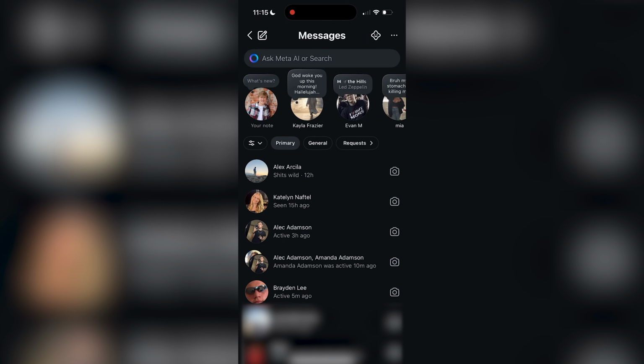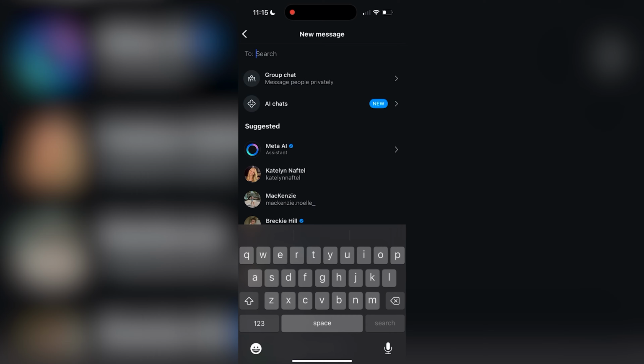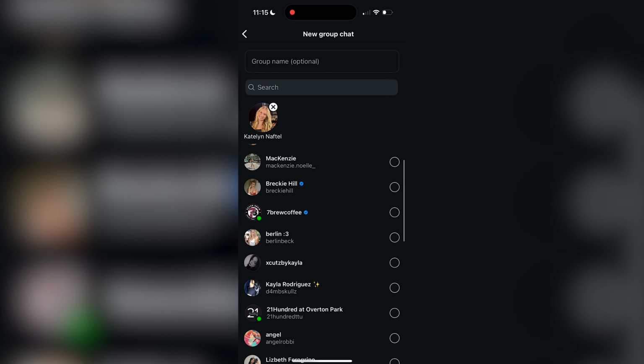It'll take you to a screen that looks something like this, and what you're going to want to do is, in the top left hand corner, hit this little create message button right here, and it's going to pop up with a few different options. Up at the very top there's going to be a group chat. You just need to select on that and then choose the people that you want to add to this group